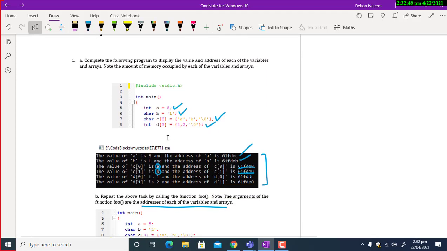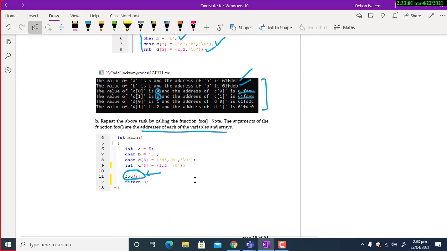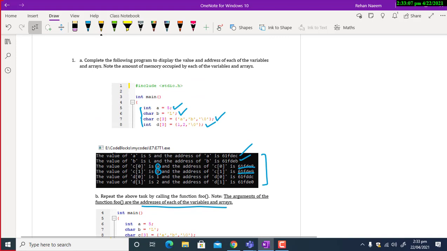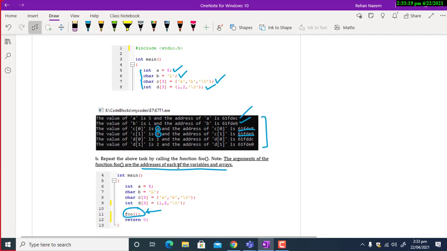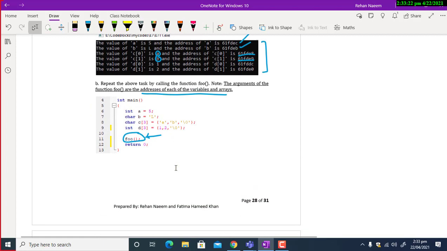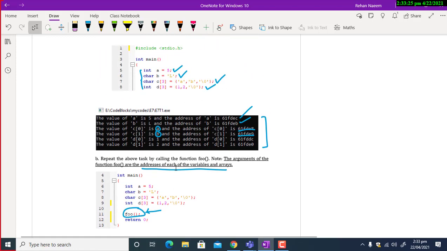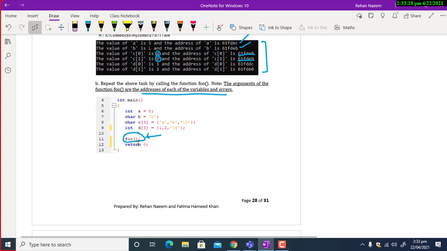इस क्वेश्चन में जितने भी वेरिएबल्स हैं और जितने भी अरे के वो एलिमेंट्स हैं उन सब के एड्रेसेस जो हैं वो पास होने चाहिए एज आर्गुमेंट्स टू दैट फंक्शन foo, and this function foo should be responsible to print line 1, 2, 3, 4, 5 and 6. ये सारा काम जो है, all of these printing tasks are to be done by the function foo. So part A and part B are pretty much similar to each other, except that you have to use function foo in part B.